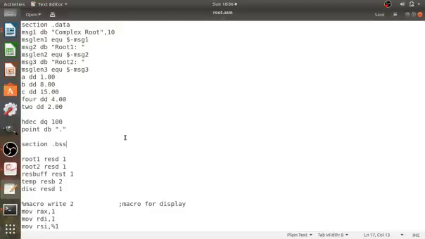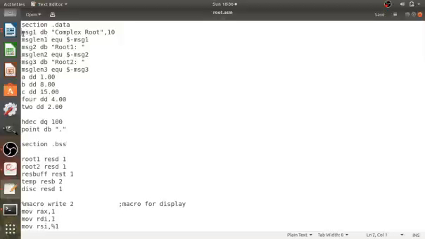The values of a, b and c. Here we consider the equation ax square plus bx plus c equal to 0. So we need three values a, b and c. We will calculate x1 and x2, or root 1 and root 2. Before that we will declare some variables in the data section.